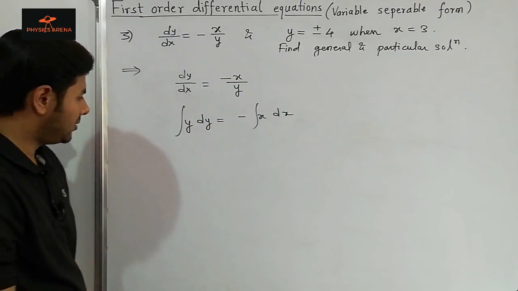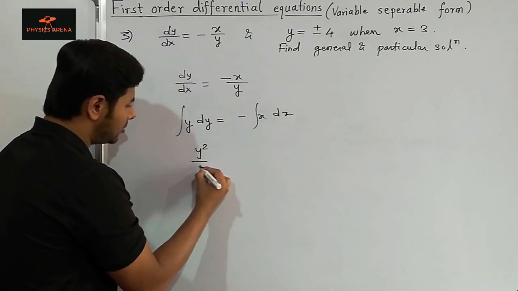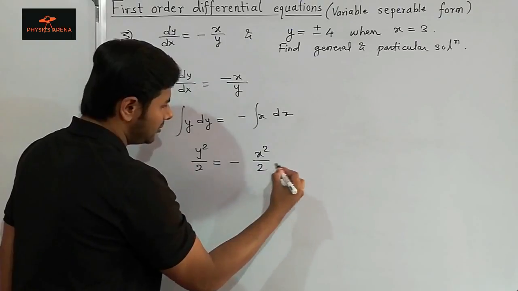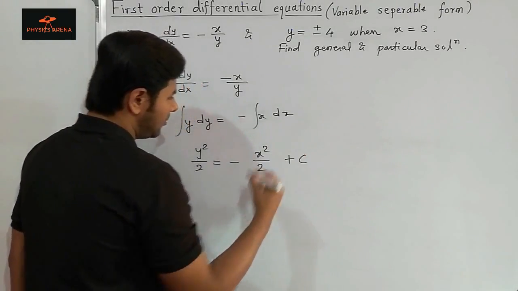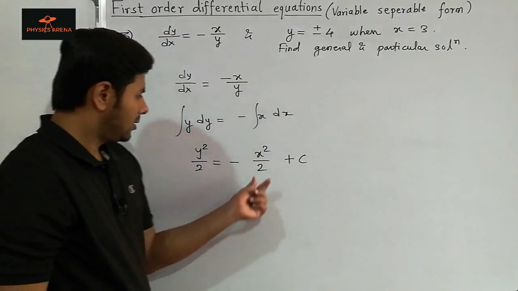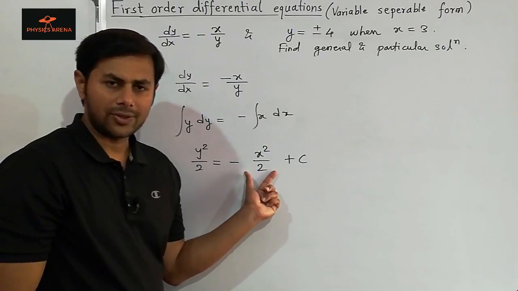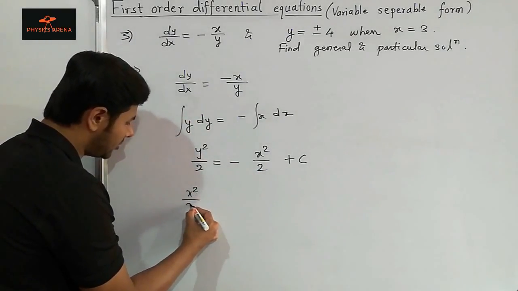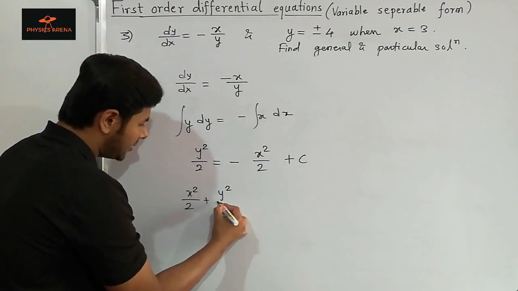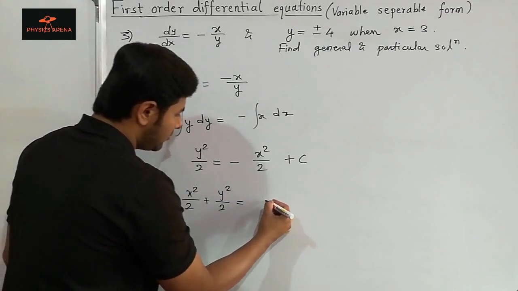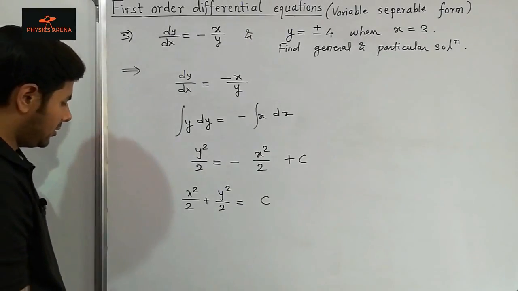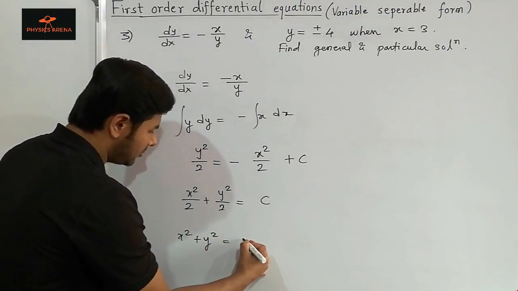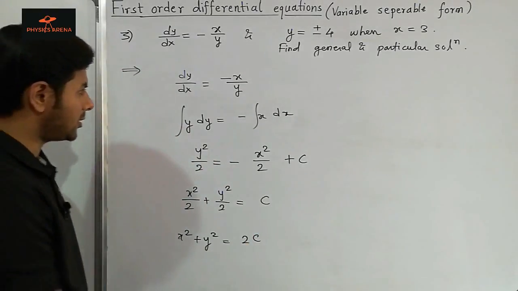So integrating, we have y square over 2 equals minus x square over 2 plus some constant. Let's take this x square over 2 on the left hand side. So we have x square over 2 plus y square over 2 equals this constant. So x square plus y square equals 2 times this constant,